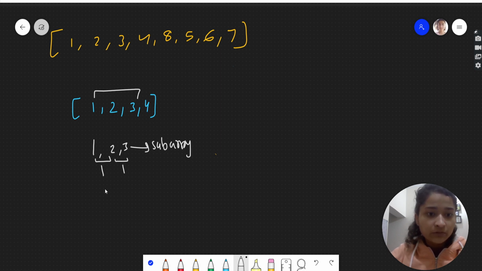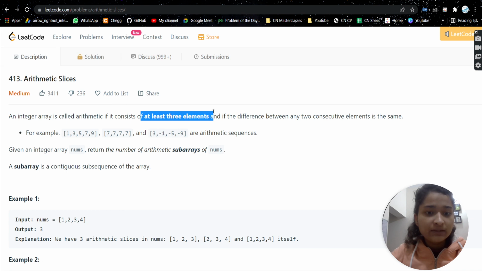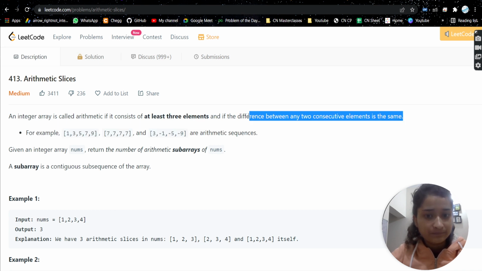Another could be 2 3 and 4. So here 4 minus 3 is 1, 3 minus 2 is 1. Fine. Another one could be this whole array 1 2 3 4. Why? Because we have to take at least three elements and the difference between two consecutive elements should be the same.